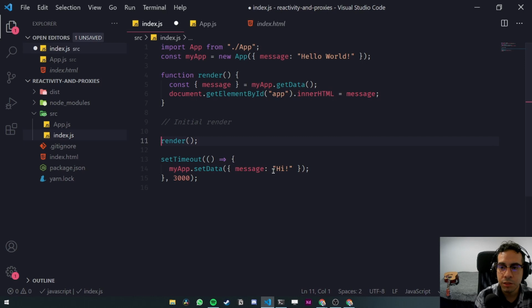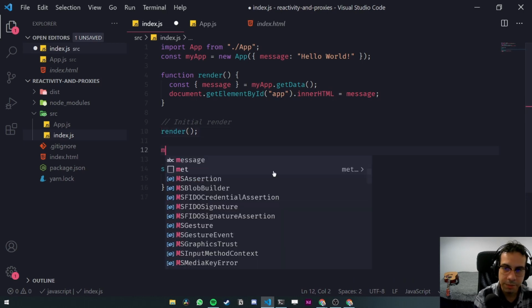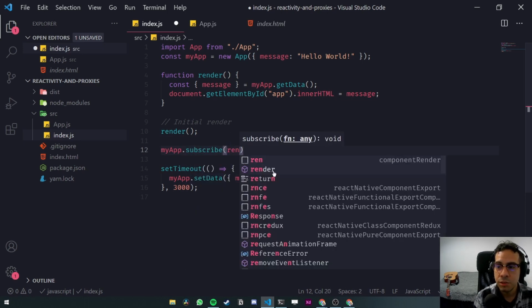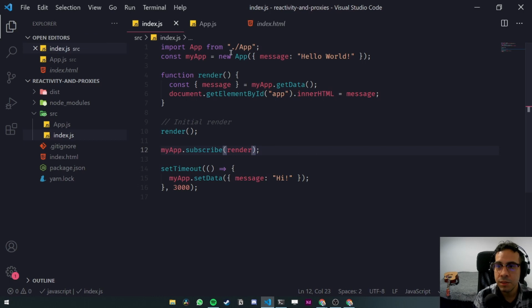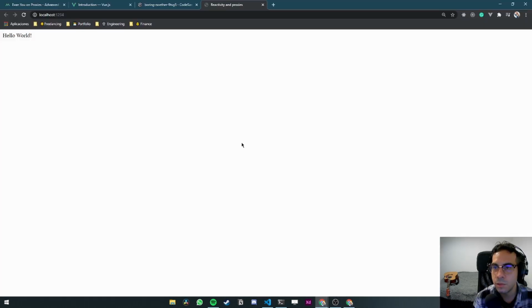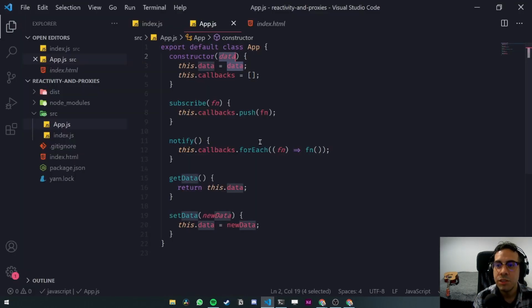And finally, what we need to do is subscribe to the function that we want to call whenever the state changes. So we want to subscribe to render. Now this is not going to work, and it's not going to work because of something that we need to implement yet inside of here. So if we go back into our application, 3 seconds pass, and it's not going to update yet,